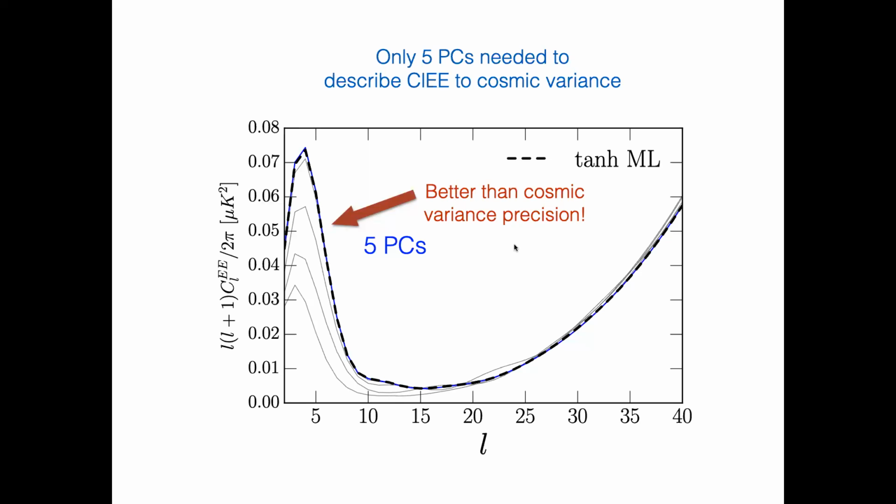In fact, sorry, I had a plot but didn't show it. If you plot this 5 PC decomposition in the ionization history space, you will see some wiggles that end up making your ionization history below 0, negative, which doesn't make sense, right? But the whole point is that regardless of that effect, we are more interested in modeling what the CLEE is, and it does that perfectly.